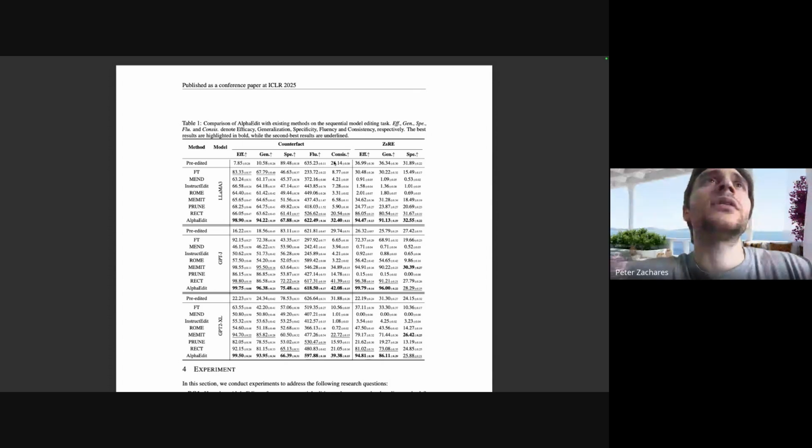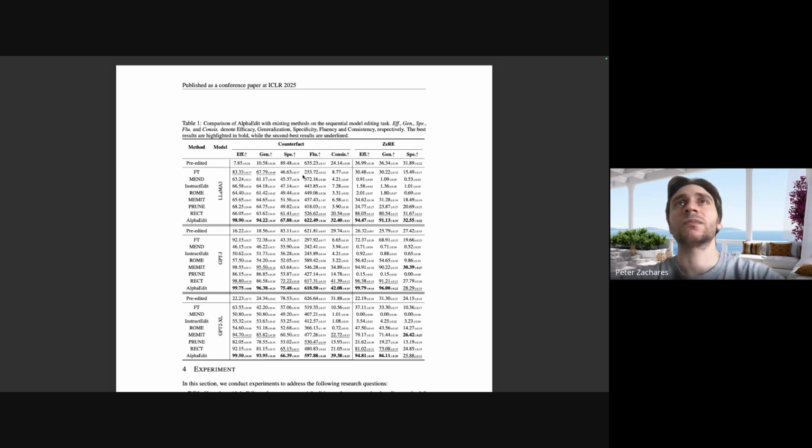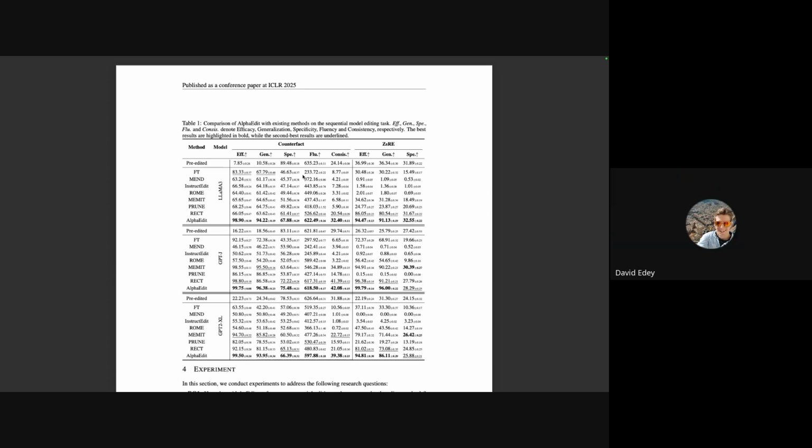Yeah, that's a good point. So I don't know about the general, like at least in terms of the efficacy, that's in terms of the new information. So I can see why that's small. Yeah. I'm not sure about the generalization. To be honest, I have to look more at these metrics. I just went through them and I was like, okay, it tells me higher is better, and they seem pretty good. But yeah, that's a good point. I didn't look at the pre-edited and saw that they were so much lower. I'd like to give you a better answer, but my answer is like, I don't know. No, it's all good. It's all good.